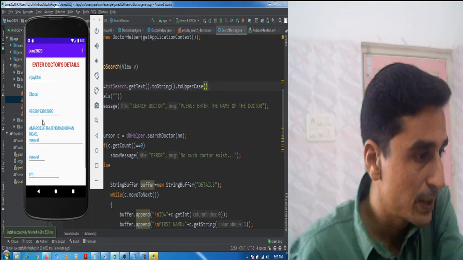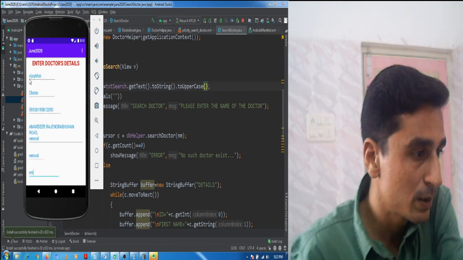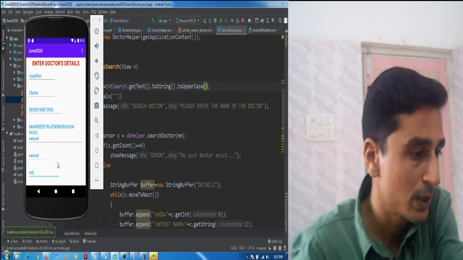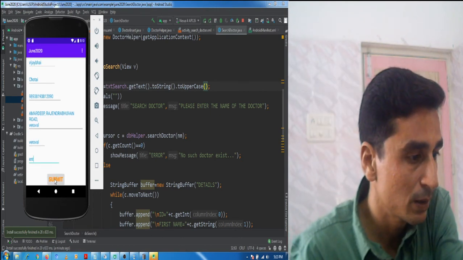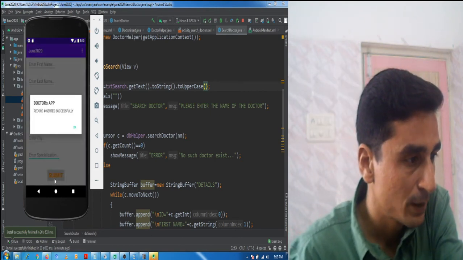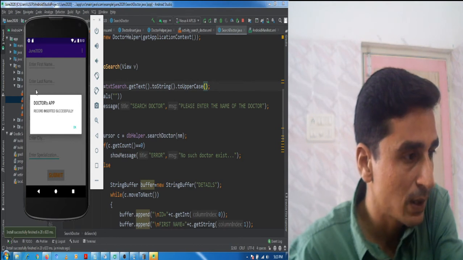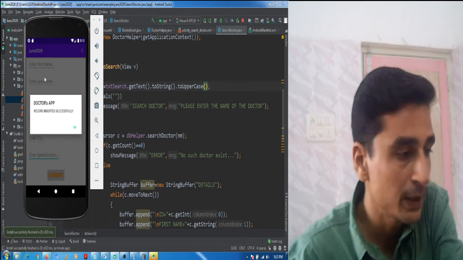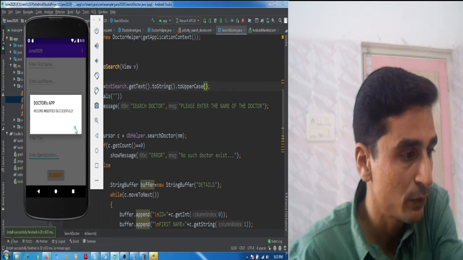Now see, the name is entered in small letters. Okay, and I am submitting the data. All the edit views are empty and the record inserted successfully.